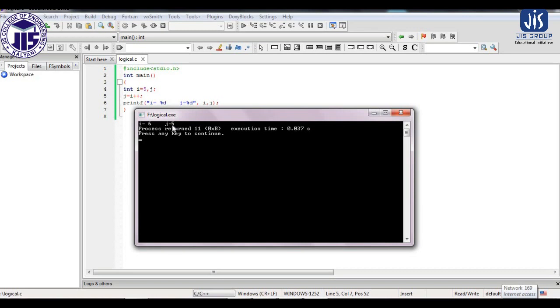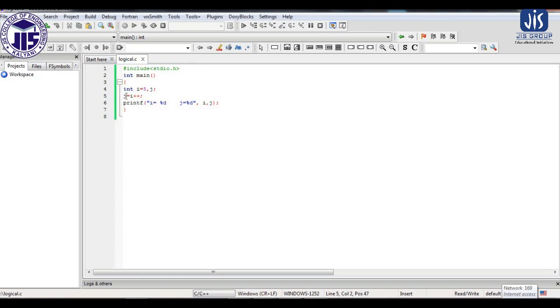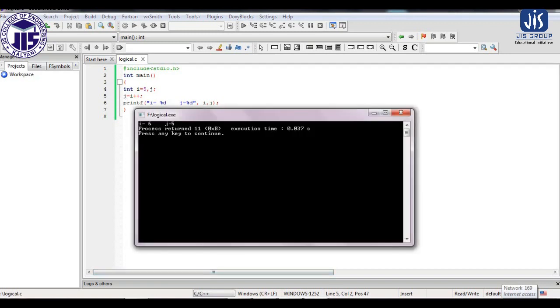So as you can see, in the j variable, when we assign the value of i, the previous value of i gets assigned to j, that's why the value of j is 5, and the increment operation is performed on i, so the value of i becomes 6. It was 5, now it is 6. But the j variable holds the previous value of i, not the updated value of i.